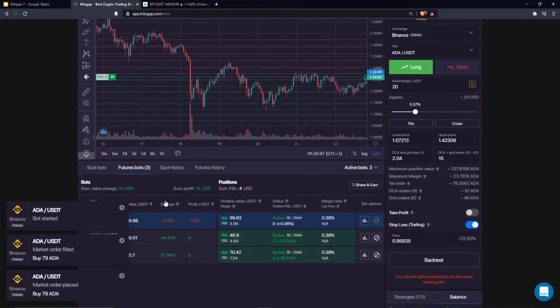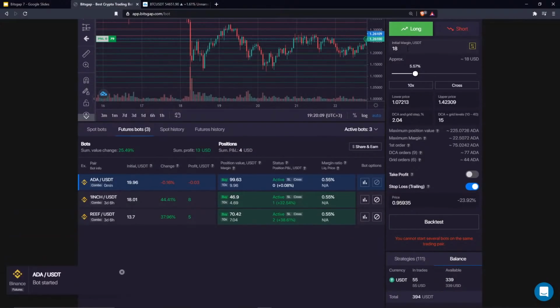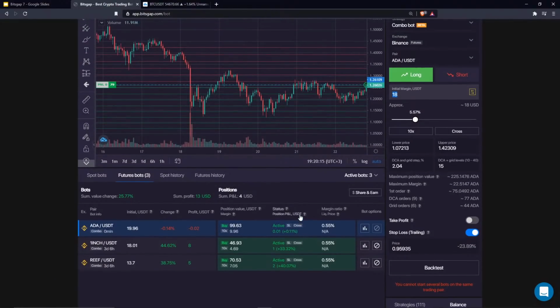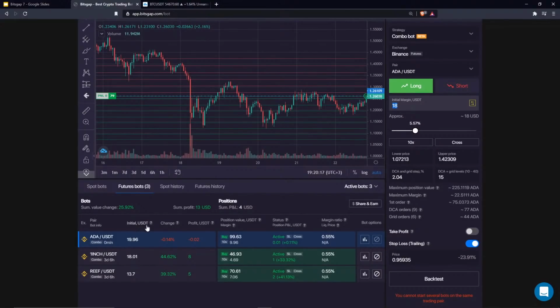So we are now in the market. You see the margin. So we started with 20. It's pretty much 20, and it's already trading for us. You see that's the initial margin, 20 that we set. Another one I have 18, 13 for another one. So the change here stands for the profit generated by the bot plus the